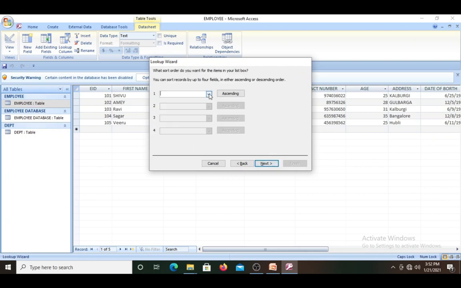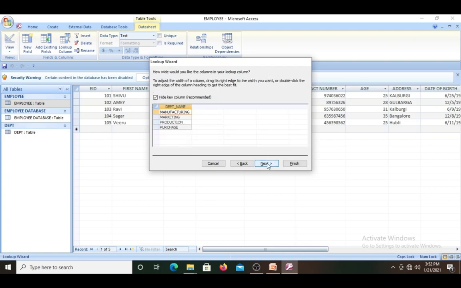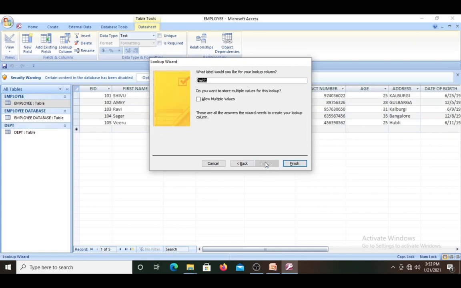Which field do you want to import to the employee table? Department name. Say next. Right? Say next. Give the field name as name of the department. Say finish.